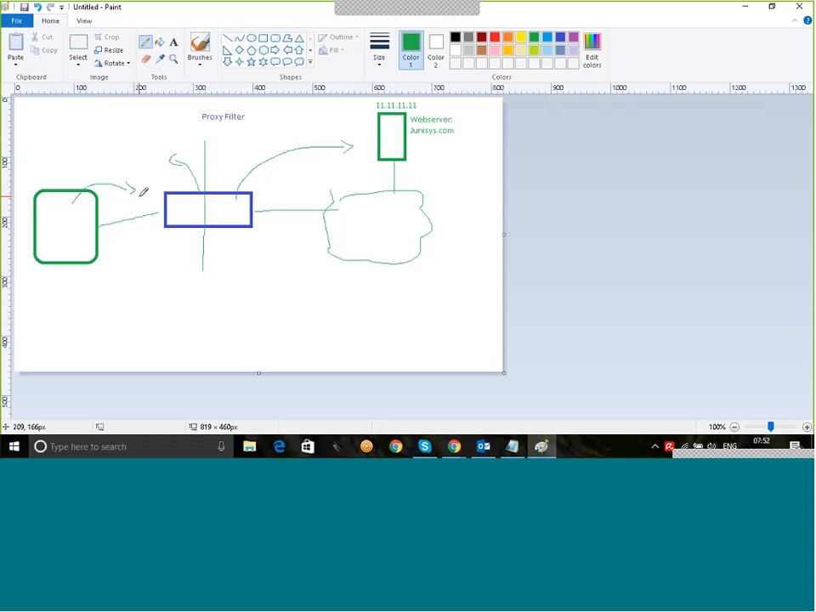So the initial question will be: what is the IP address of Genesis.com? Okay, so it has a cache. It is not cache. The proxy would have been configured in such a way that for any of your questions,